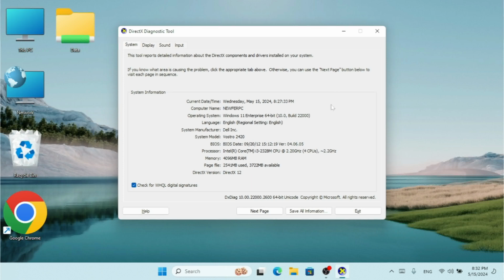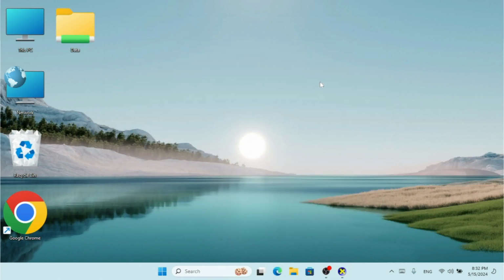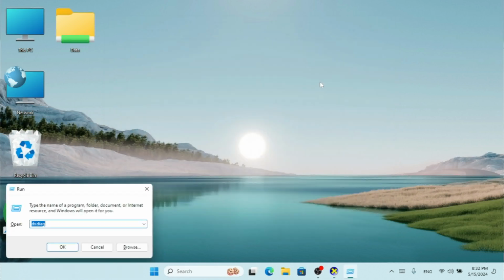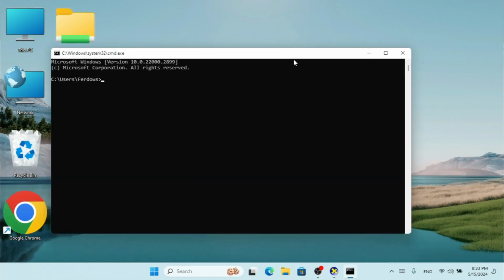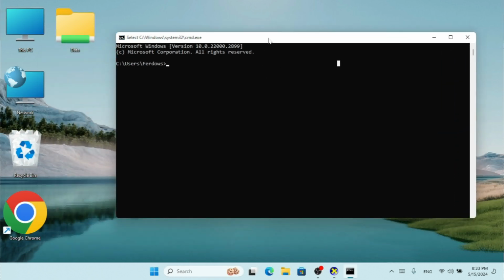Or you can ask for one more thing. Let me show you. I'm going to hold Windows key and R, and here I'm going to type cmd. So you can ask your colleague or IT guy to run this command, dxdiag /t. Before we type this command, let me change the directory. I'm going to change the directory to desktop. Currently we are inside this Firdaus directory, so I'm going to change that, and we're going to type this